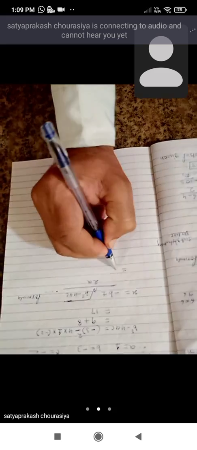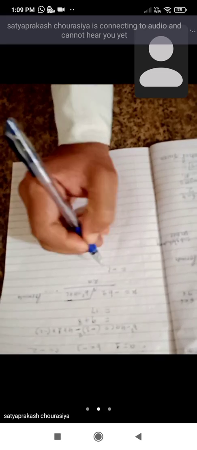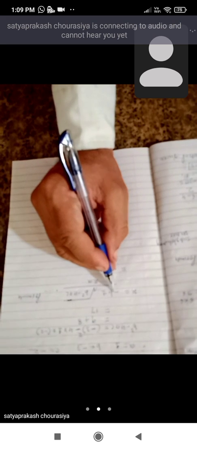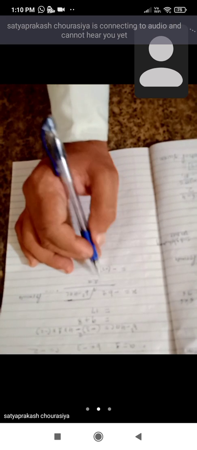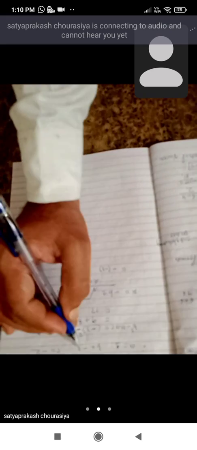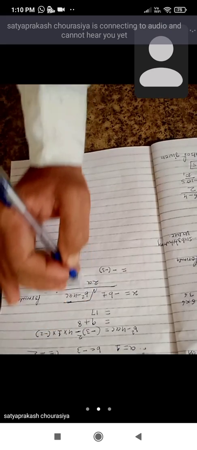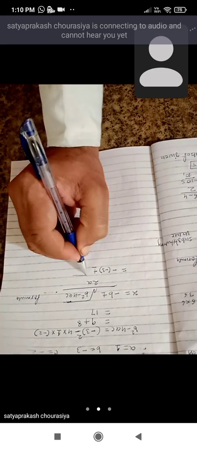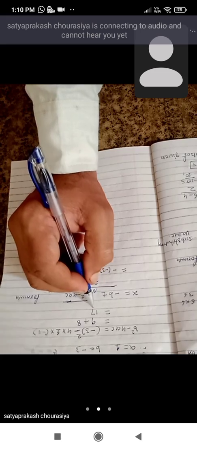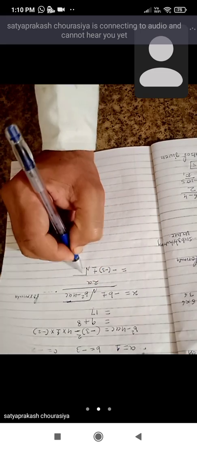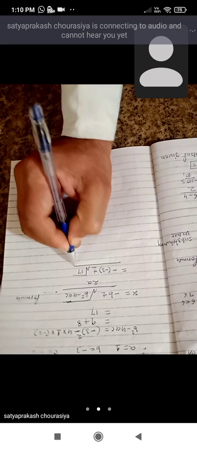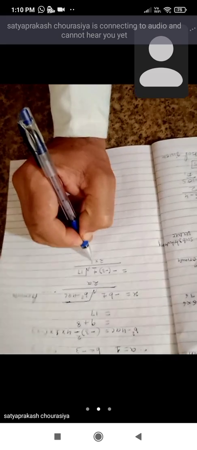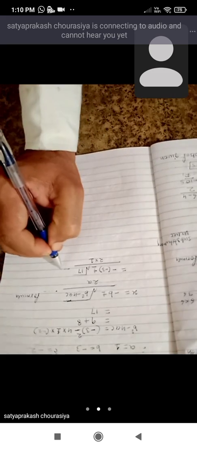So minus, what is the b value? B value is already minus, so take it into the bracket. This minus is present in the formula, and this is the value of b. Here b value is negative, so that's why I have taken it into the bracket, plus minus. Now b square minus 4ac value we already calculated here, and it is 17, upon 2 into a. Now a value is equals to 1 here, so 2 into 1. So here what do you write?